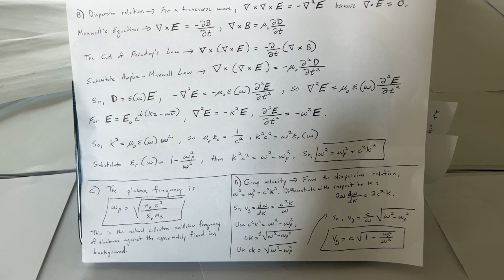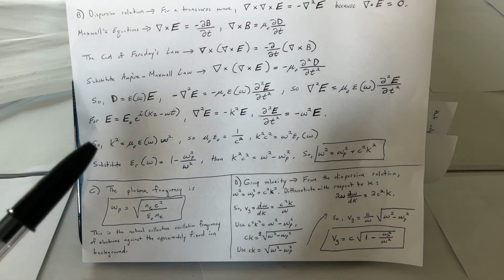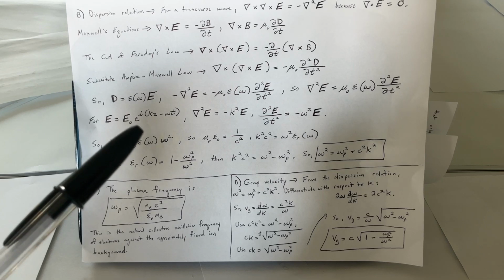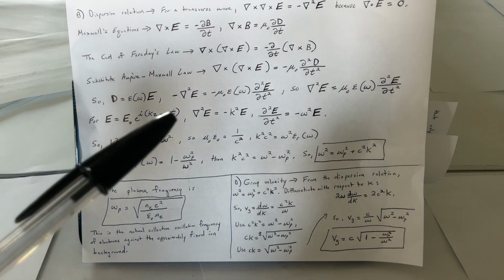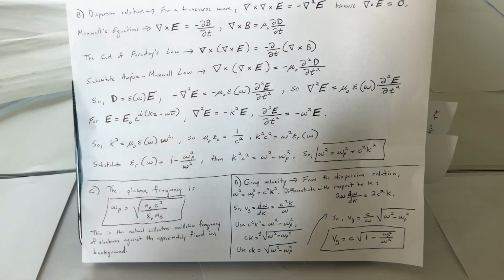So, excuse me, sorry, del squared E equals mu naught epsilon of omega times the second derivative of E with respect to t. And for E equals E naught e to the i(kz minus omega t), we have